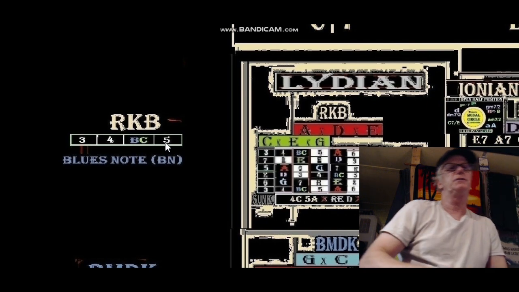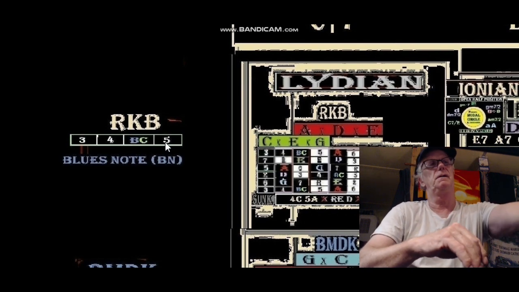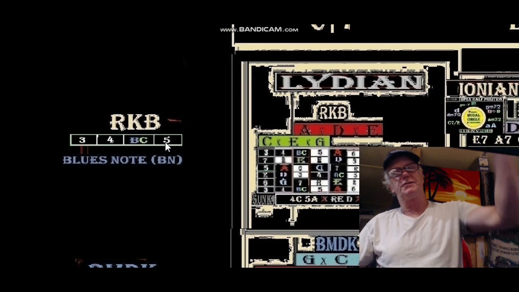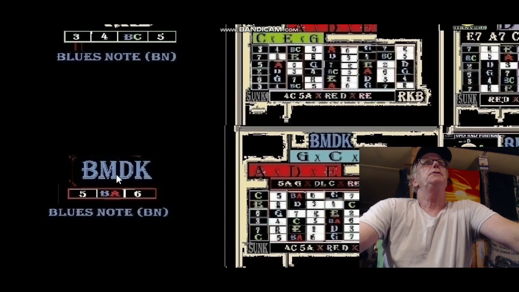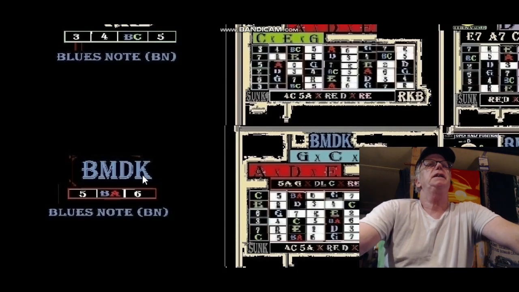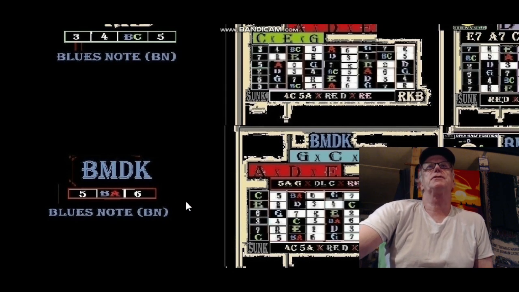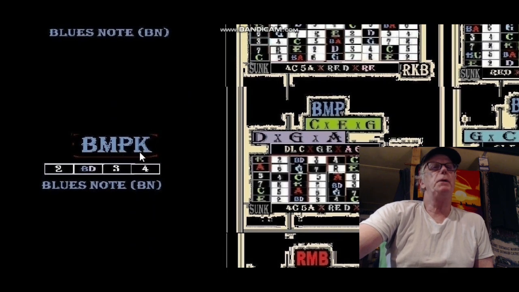Okay? It's interesting when you hear this. Okay, that's really just doing the little blues notes. In the Blues Magic diatonic key, the blues note is between the 5 and the 6 string shape. In the Blues Master Pent key, the blues note is on the D string shape, so it's between the 2 and